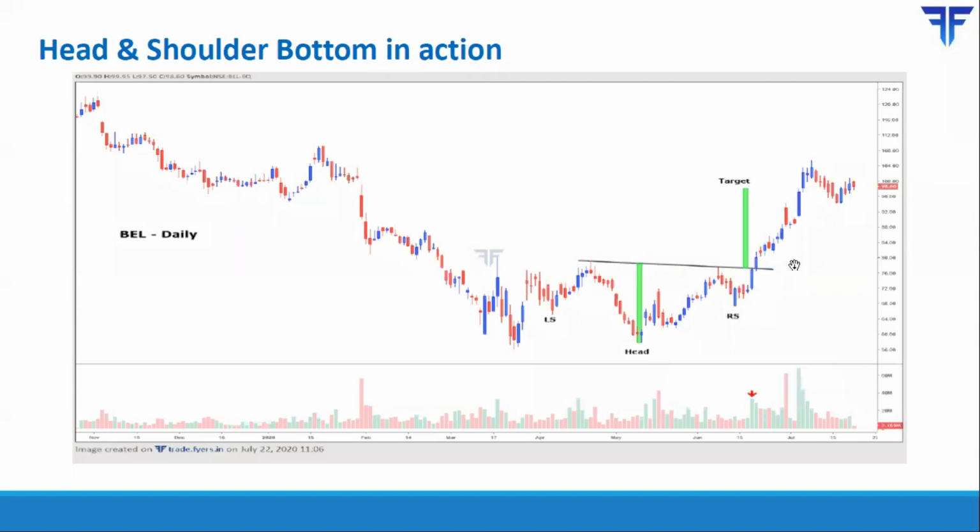My personal favorite is the first one. That is, you'd place a stop loss one bar before the breakout bar. That is my personal favorite. But if you are slightly conservative, you could decide to place it at the 50% retracement of this vertical distance. Now, this applies to double top and bottom, triple top and bottom, as well as to head and shoulder top and bottom. So that is how you could place your stop losses.